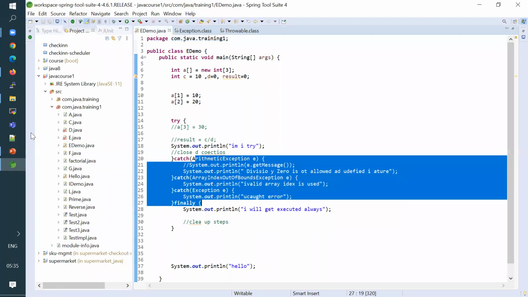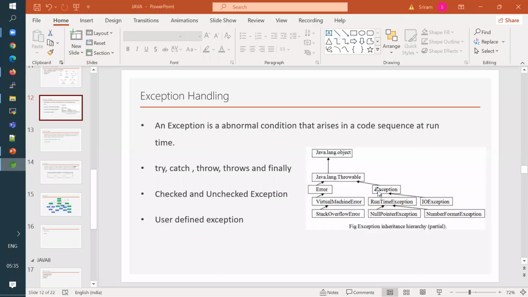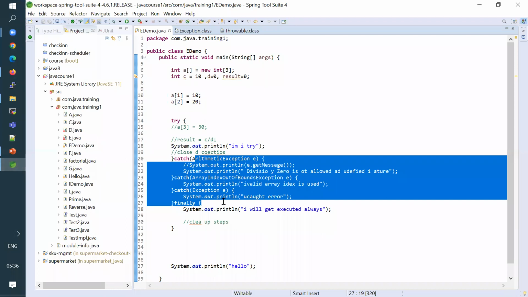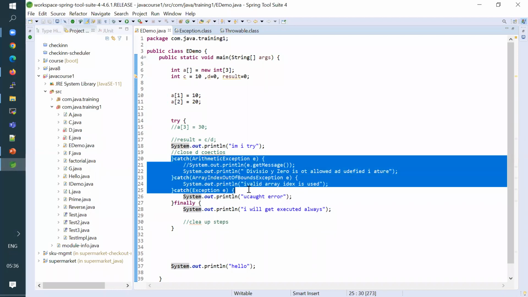order like this. And we also understood the exception and throwable class hierarchy, right? How they are there in the Java library. Throwable is the superclass, and under that you have the exception and all. When you write multiple catch statements, they should also follow a similar hierarchy from child class to parent class.